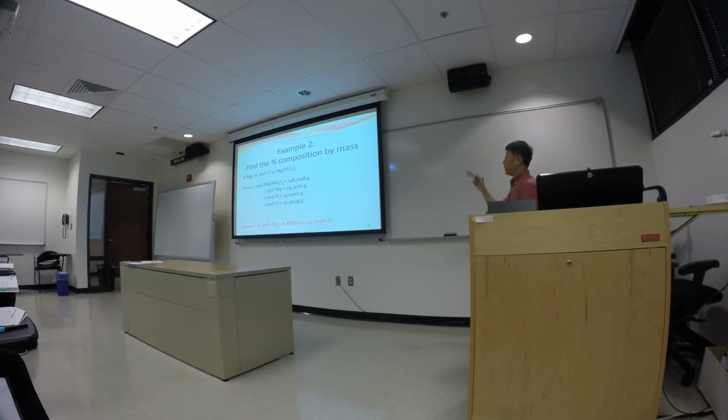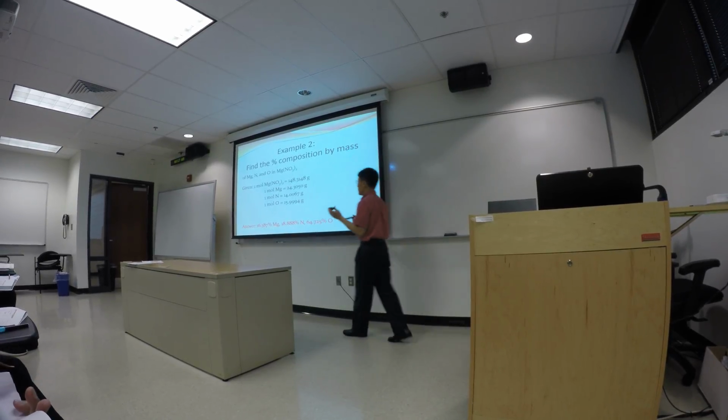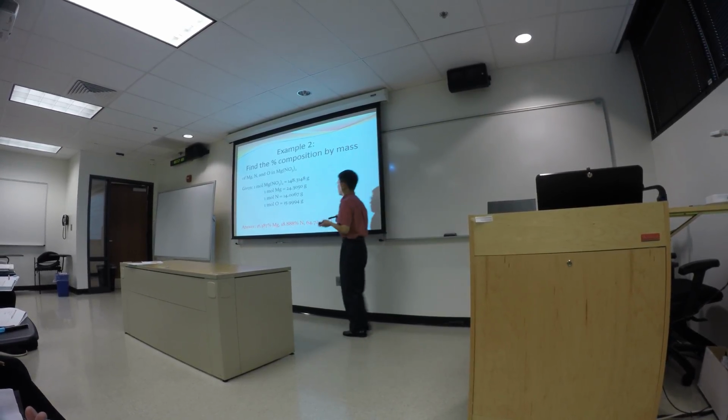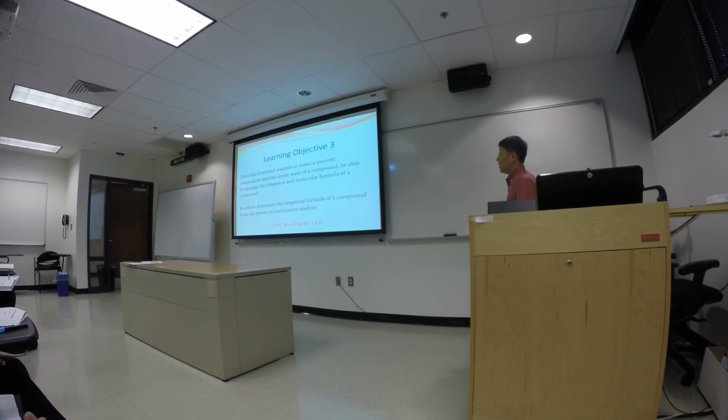Okay, so again, when we're trying to figure out the percentage of elements by mass, the numerator is the mass of each element in 1 mole of that compound. That depends on the formula, how many moles of each element we have in there. The mass depends on the number of moles of each element in each mole of the compound. And then the denominator is always the same number, the molar mass of the compound. So you convert it into a percentage and you get the answer there. Okay, so that's